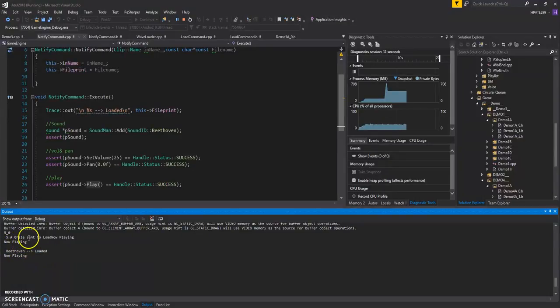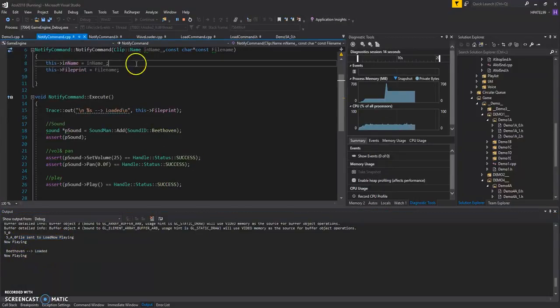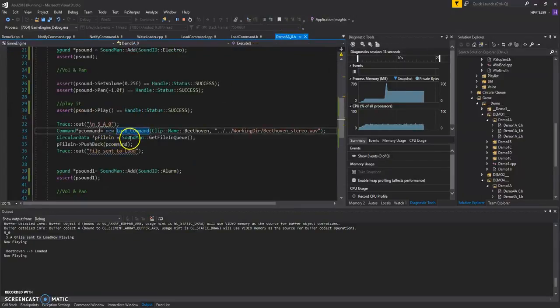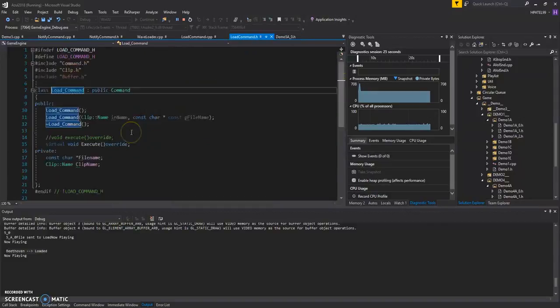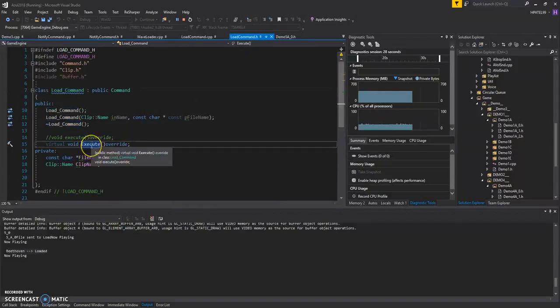So you can see over here it says file sent to the load, and that is a trace out when it sends to the file queue, and the Beethoven loaded is when the load command is executed, and